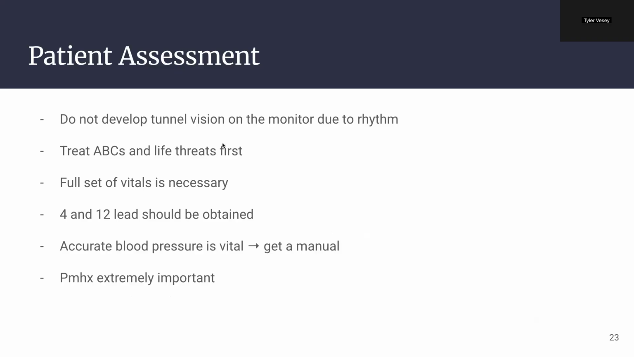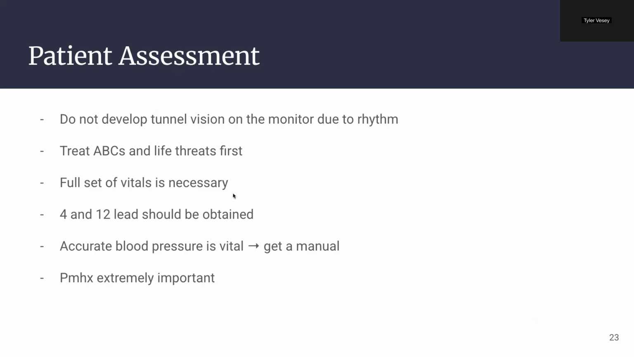There are things that we still need to do. Staring at the monitor that says a heart rate of 200 is not doing anything but probably freaking out the patient. So get a full set of vitals. Treat your ABCs and life threats first. You should get a 4 and a 12. The 4 lead can be very telling of what's going on, but a 12 lead should be used to confirm,